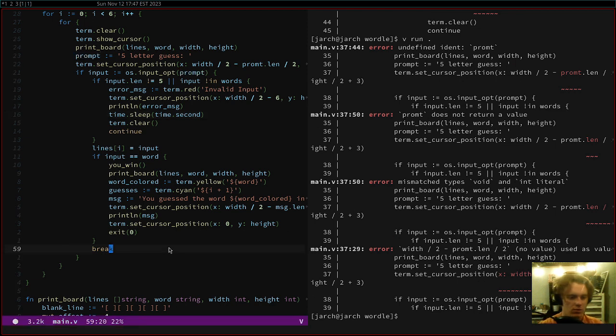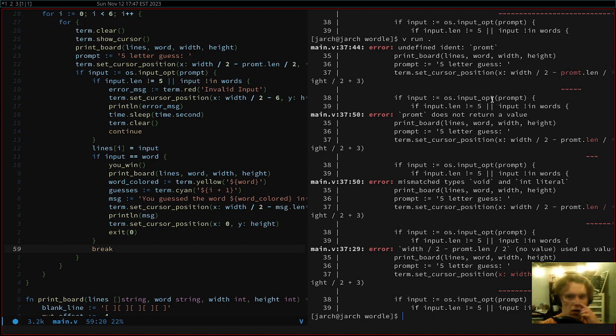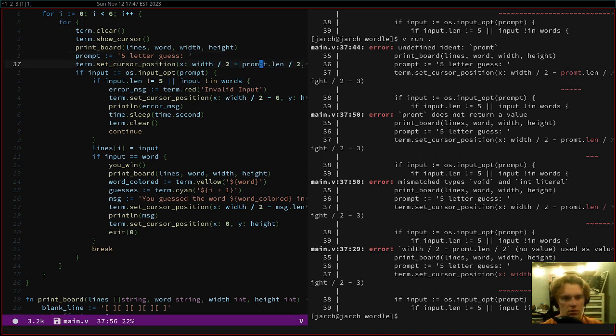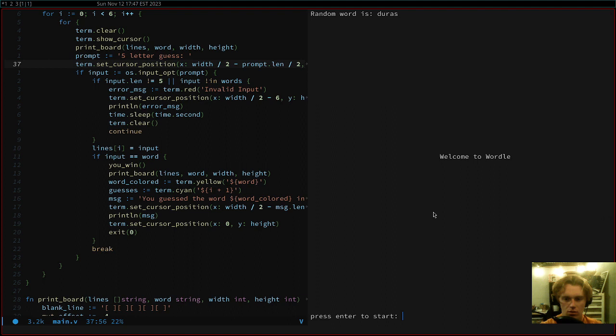Okay. Oh, did I save the file? I did. Okay. Unidentified ident prompt on line 36. Oh, I just really can't spell. I did it twice. Prompt does not return a value. Mismatch. Okay. Cool. All right, so we see up here at the top of the screen, our word is duress,